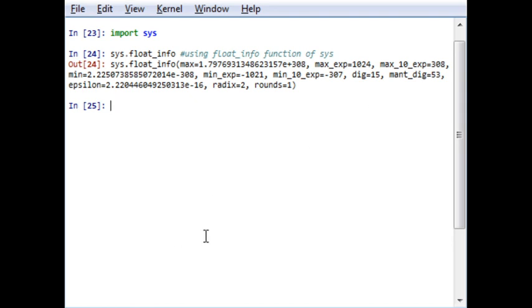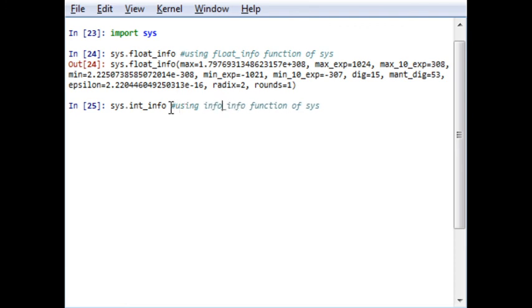In a similar manner, as I have used float_info, I can go for integer info. Instead of float, if I write int, it will give me information regarding integers. So I have to change this also. It is not required actually, because it is a comment.